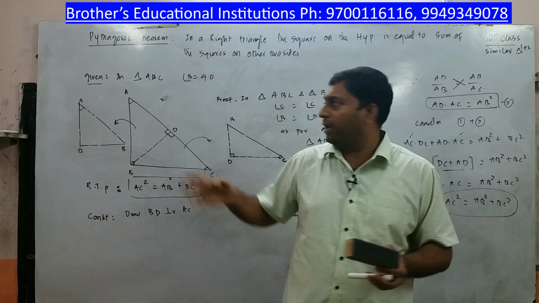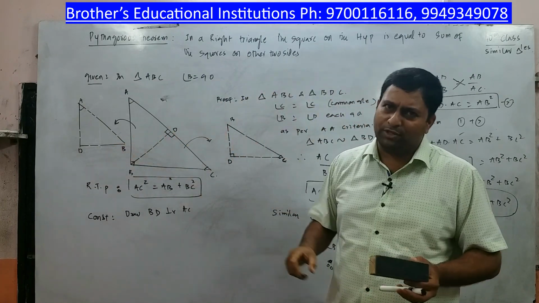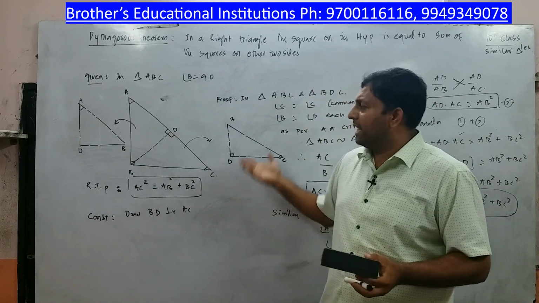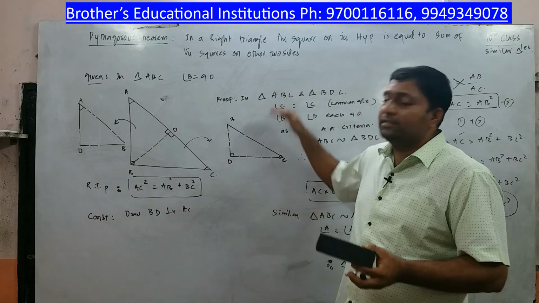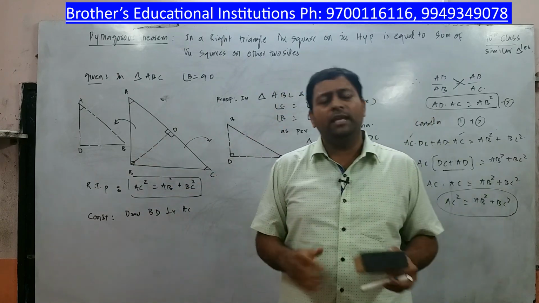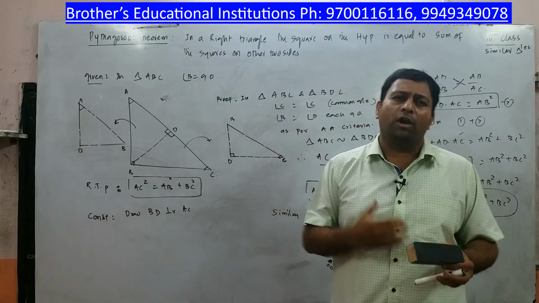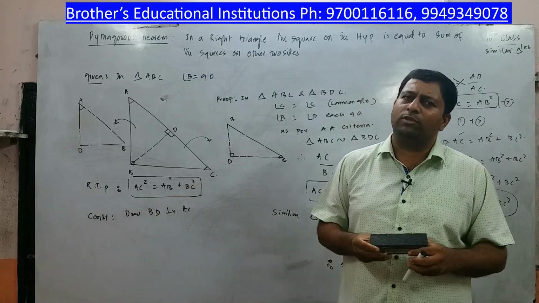and convenient way. You make sure that you draw these things so that you don't get confused in the examination, and the person who is evaluating your paper also gets the clarity as to what you are doing. Try to draw these arrows and try to compare and write the similarity concept. It is very easy. You need a lot of practice, and now after this theorem we will do a lot of problems based on the Pythagoras theorem. So make sure that you do a lot of practice and you come to the next class.